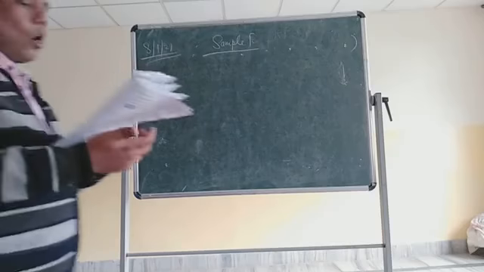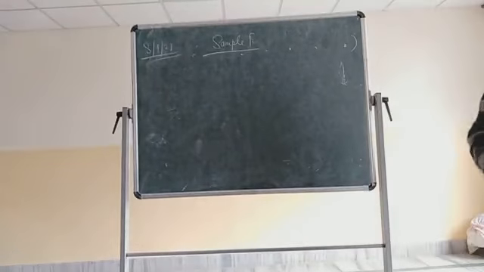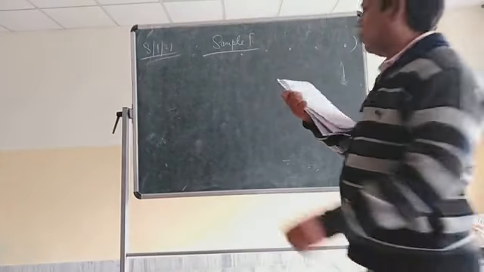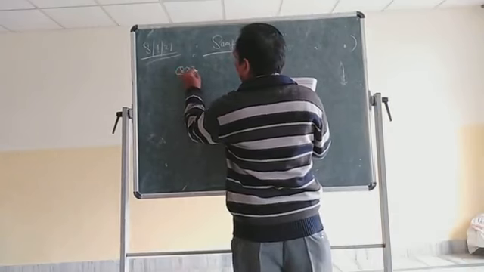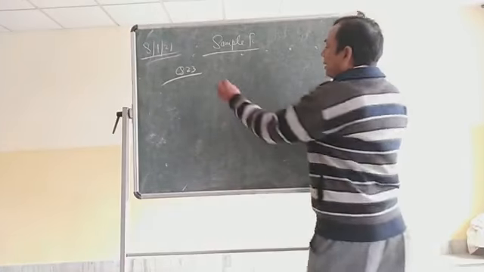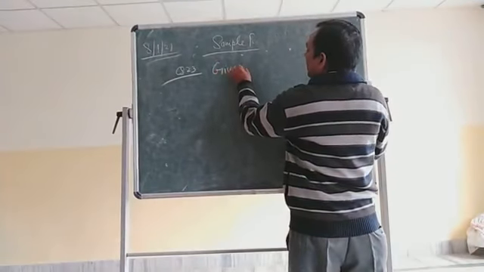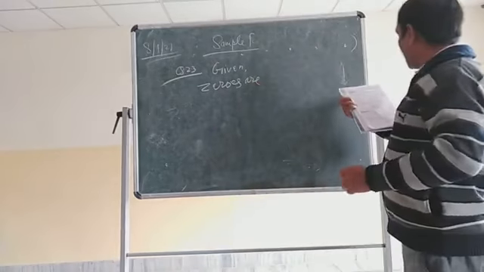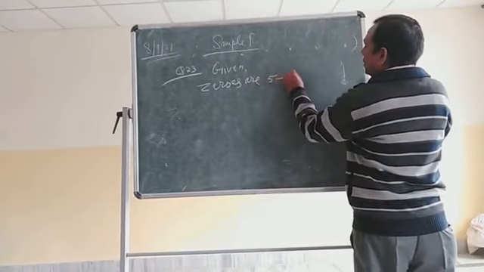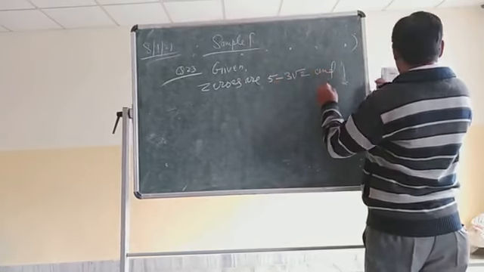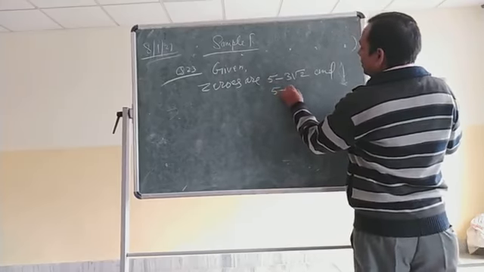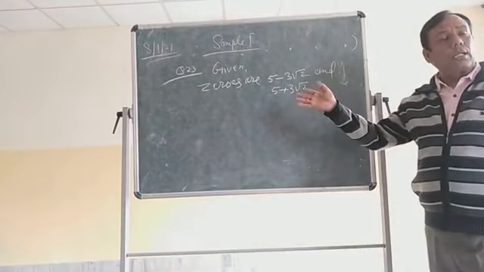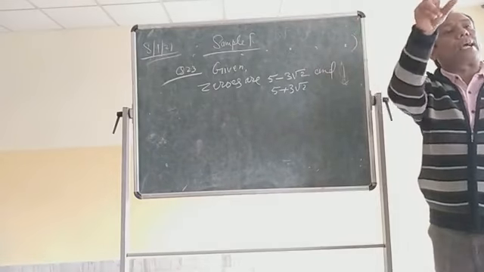So our next question is, find a quadratic polynomial whose zeros are 5 minus 3 root 2 and 5 plus 3 root 2. Question number 23. What is given? Given zeros are 5 minus 3 root 2 and 5 plus 3 root 2. See guys, these are the zeros which are given. When zeros are given, what is the formula to find a quadratic polynomial?